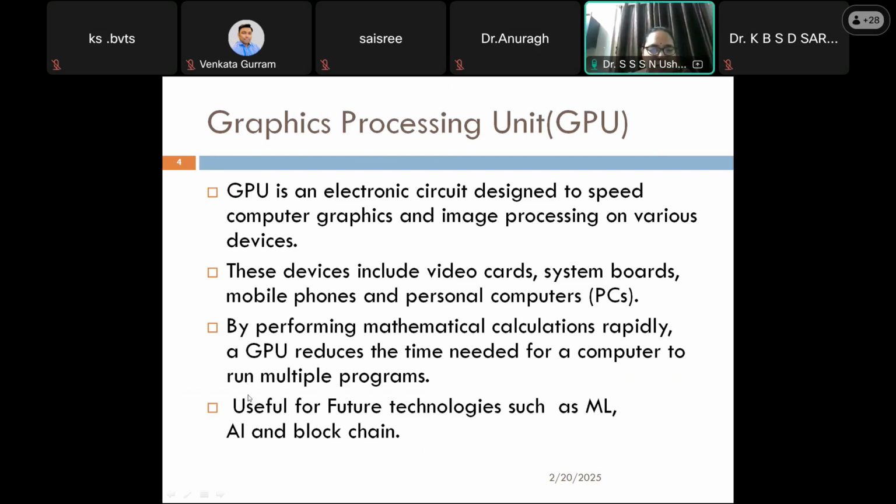So nowadays, in hazard detection or hazard management, for such kinds of things, we are going for the GPU also, for getting the result in a faster manner. It is also useful for the future technologies: AI, blockchain, ML. We will also see why this GPU is useful for ML and AI. In the next few slides, I'm going to share my thoughts about it.